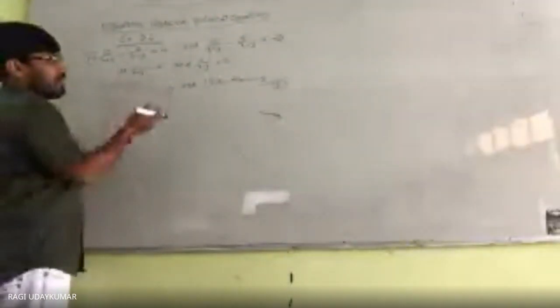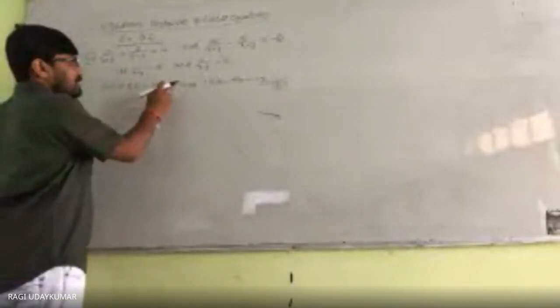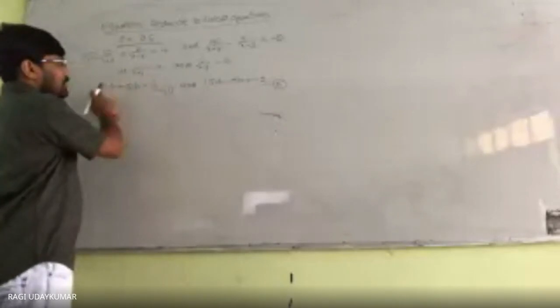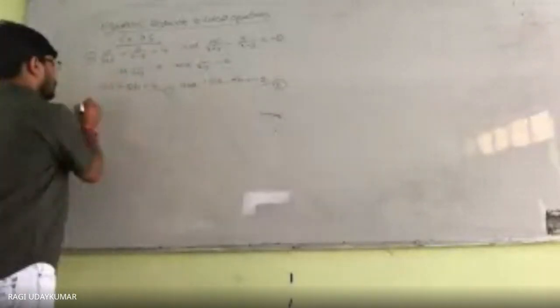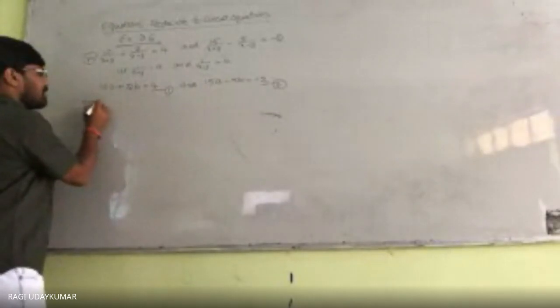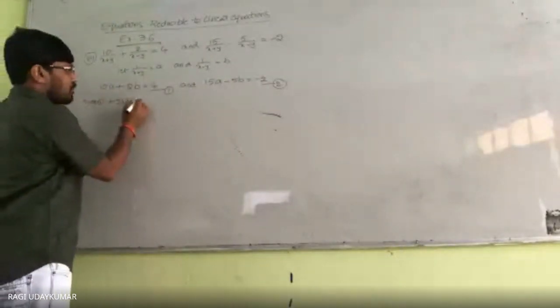After solving here, the problem will not directly give the x and y values, because here we are considering x plus y. I will explain this complete solution, don't worry. In what way do you have to simplify it? If you want to eliminate b here, I am multiplying this equation by 5 and that equation by 2. So 5 into equation number 1 plus 2 into equation number 2.